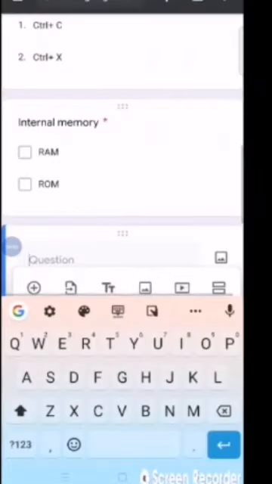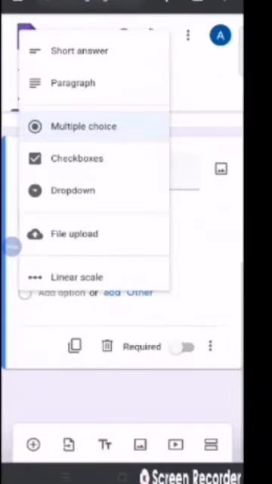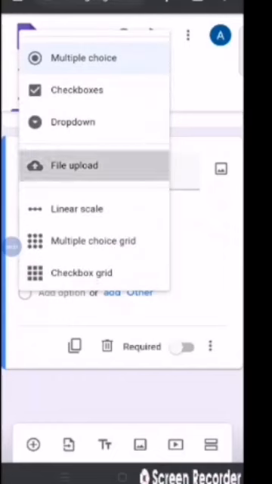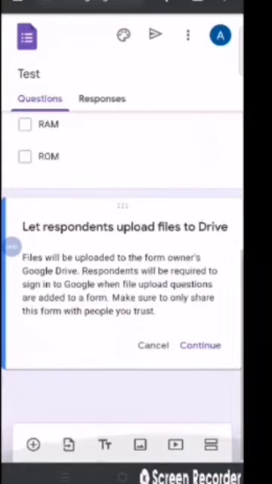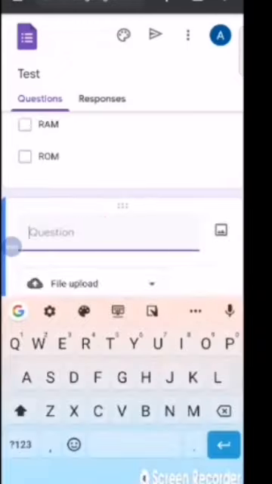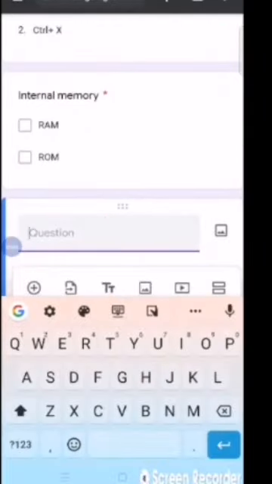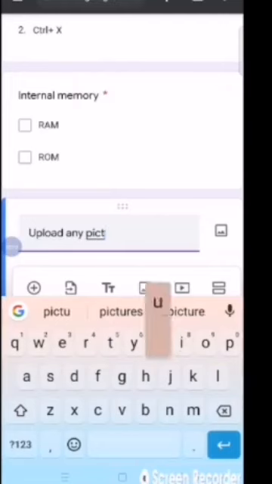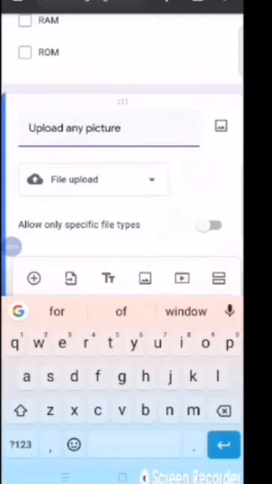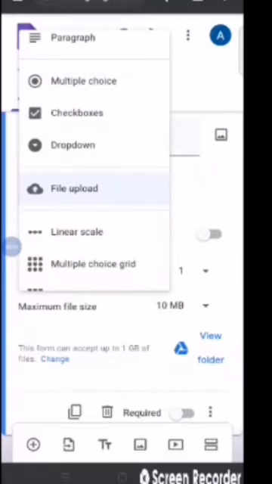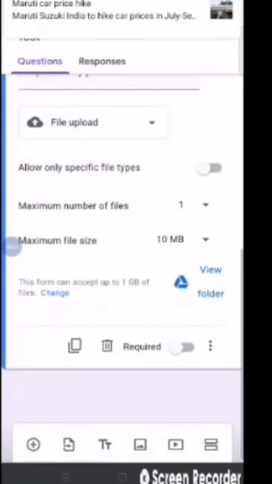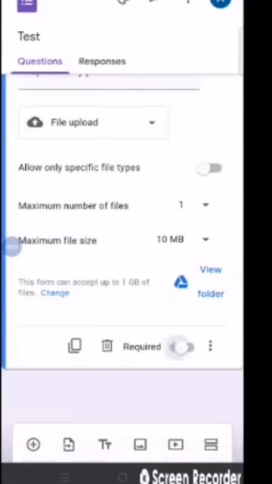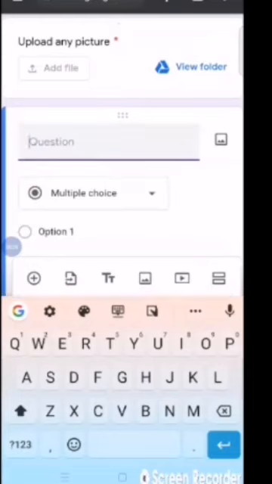Now come again here. Now I am choosing the next option, that is file upload. In the file upload, if you want to give the uploading of a file, like upload any picture. It will upload any picture from your drive. Like I am choosing the option file upload, then from where you can write it is required, and then next I am taking